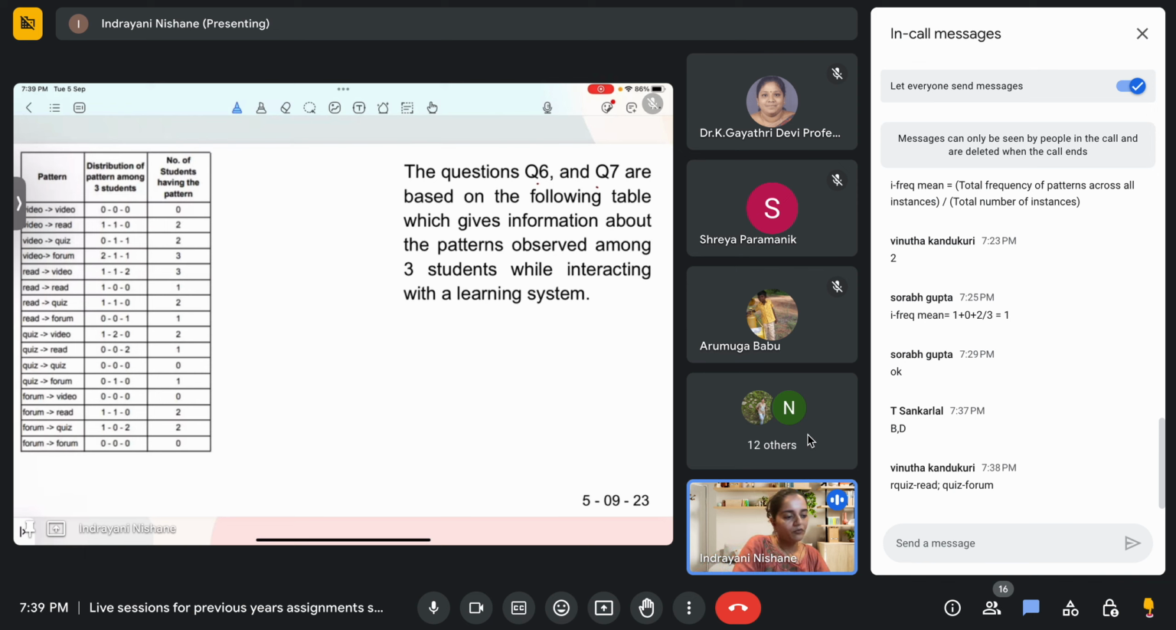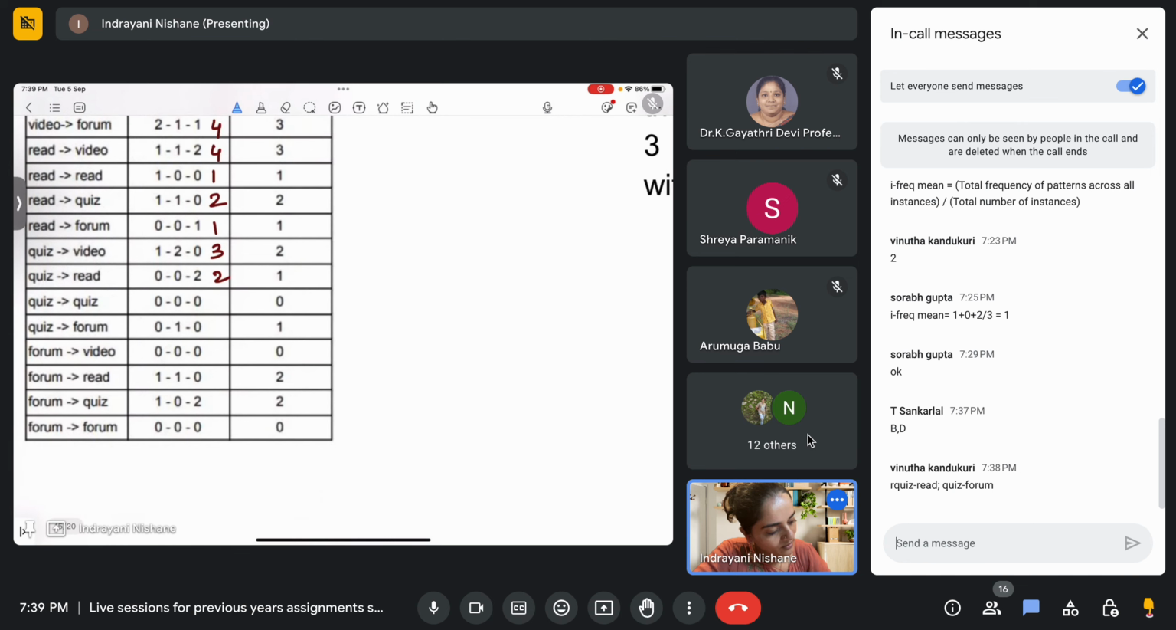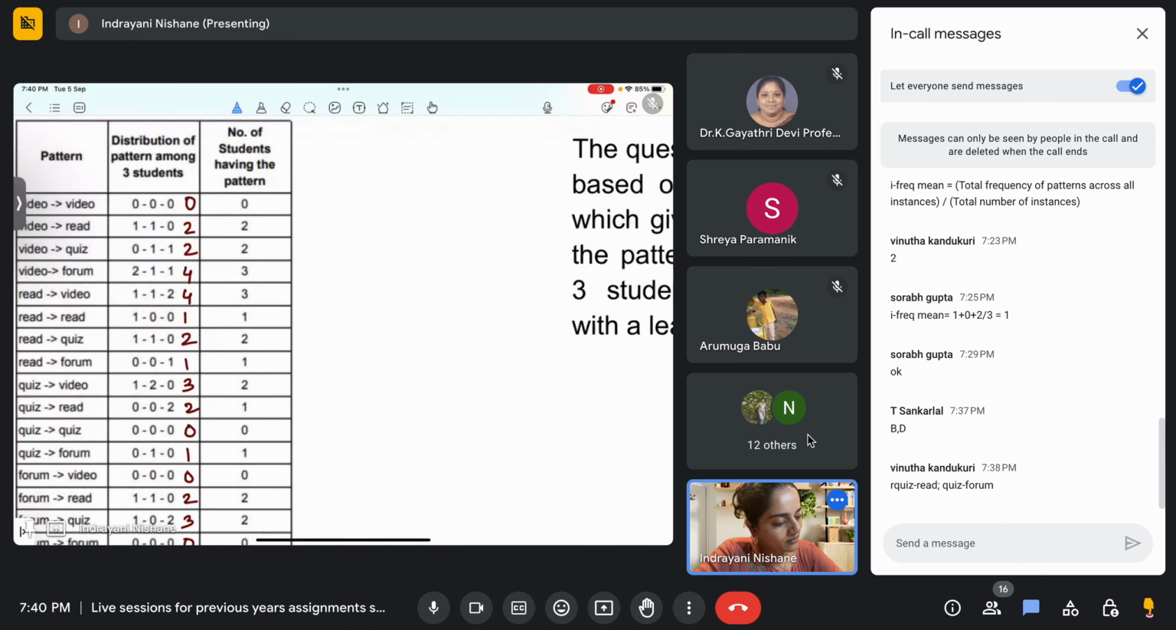So what I'm going to do is add these patterns for the calculation of S support with this red pen. For video to video it is 0, video to read it is 2, video to quiz 2, this is 4, 4, 1, 2, 1, 3, 2, 0 1 0 2 3 0. So this makes our life easier, because if we have to calculate S support,